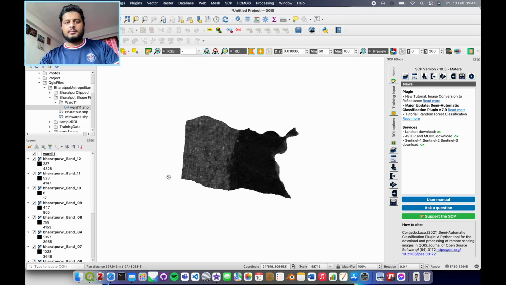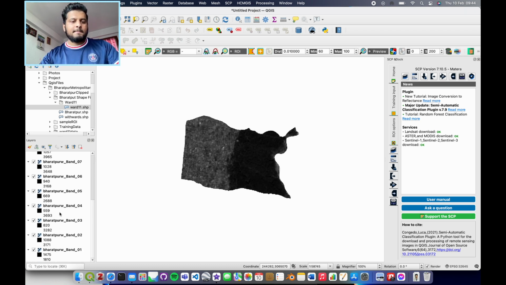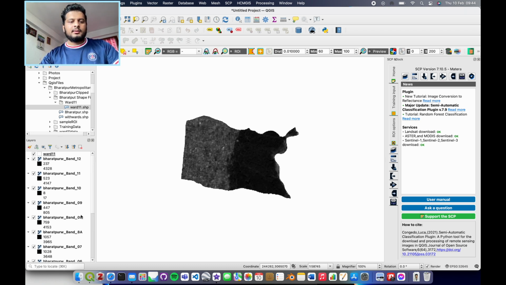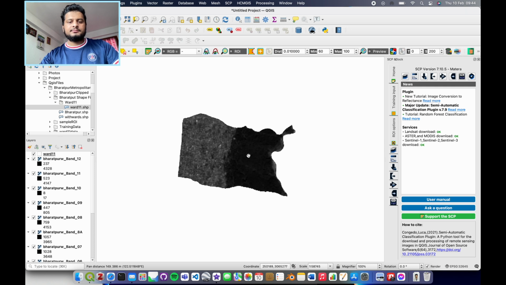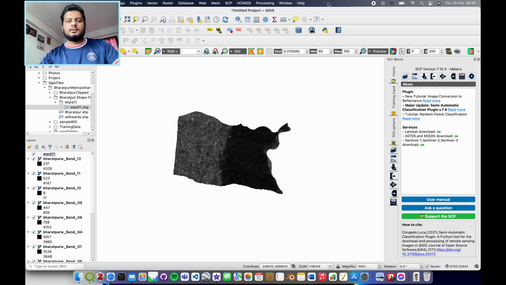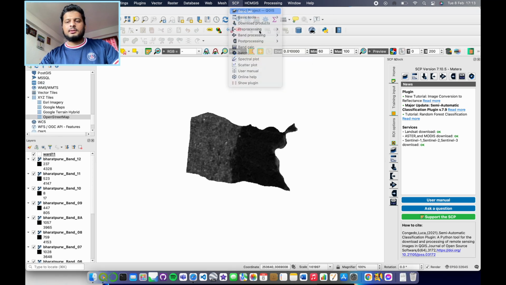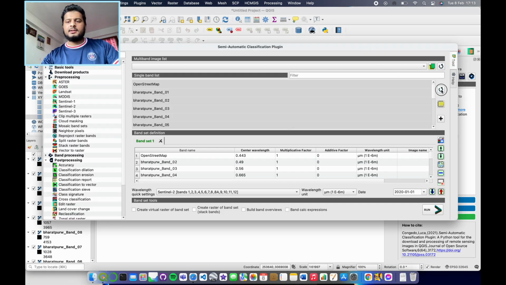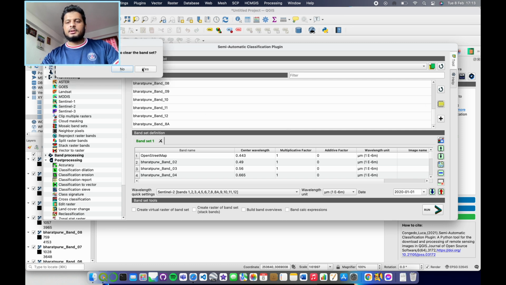I have Ward 11 data of Bharatpur municipality. I have loaded all the bands in the layer section. It looks like this. Now we are going to use the SCP plugin. Refresh it, load in the bands, click this